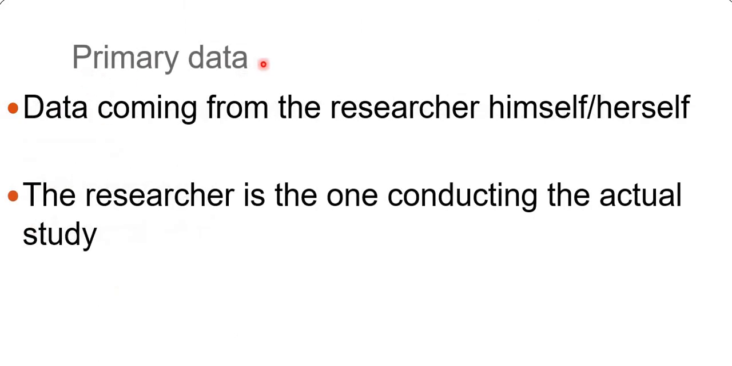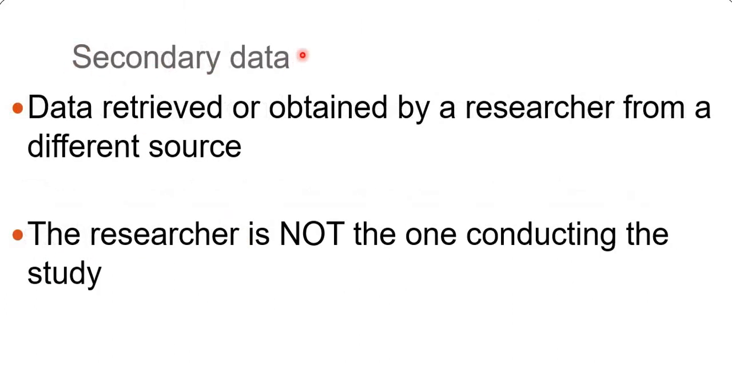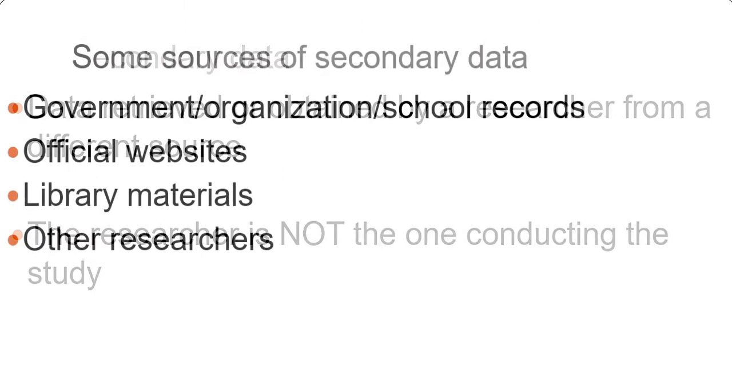When we say primary data, it is data coming from the researcher, the analyst, or the person doing the statistics himself or herself. So it's the researcher or the analyst who is conducting the actual study, collecting the actual data. Whereas if it's secondary data, it is data retrieved or obtained by a researcher or an analyst from a different source. The researcher is not the one conducting the study or directly doing the analysis,